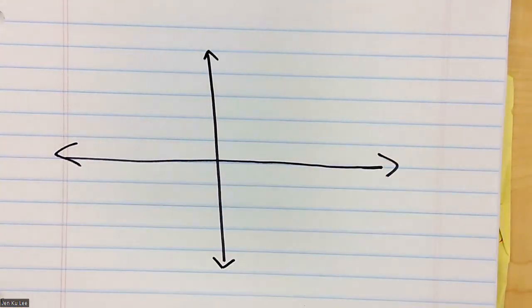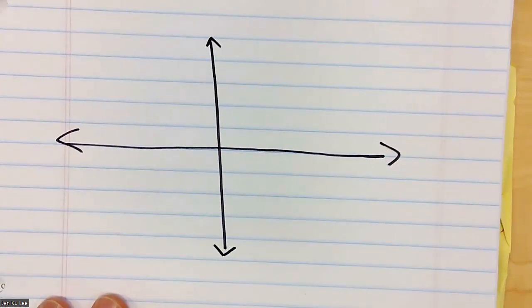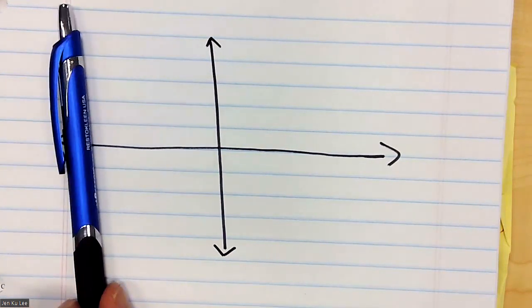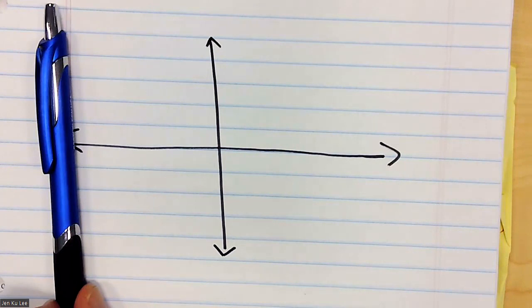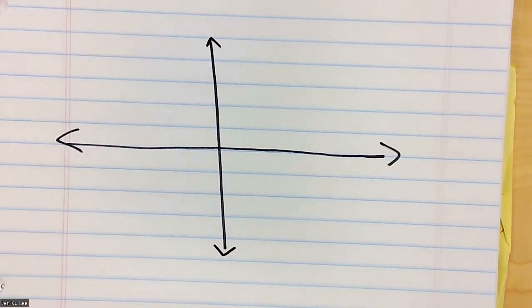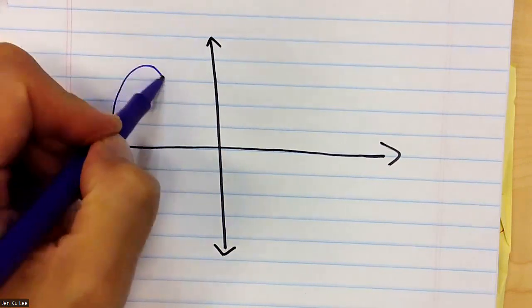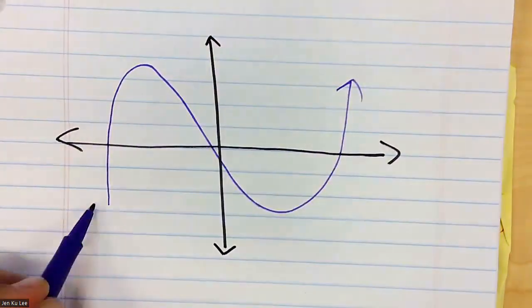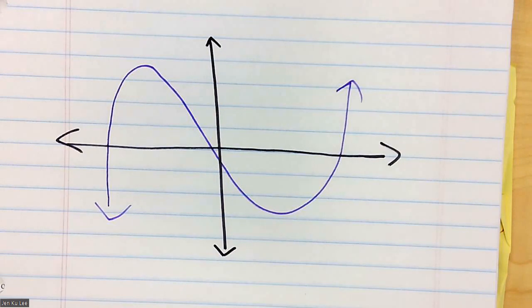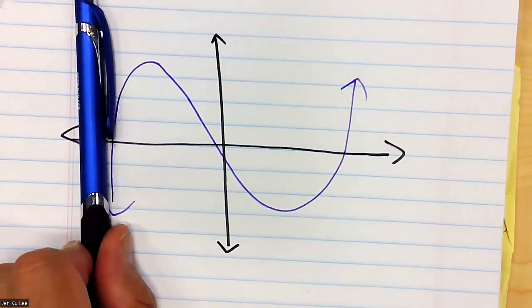Every x value needs exactly one y value. So if I take my pen and I scan my graph, let's say the graph looks like this, right? And if I take my pen and I scan my graph,